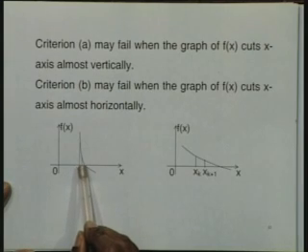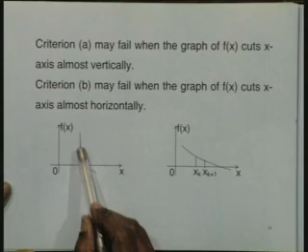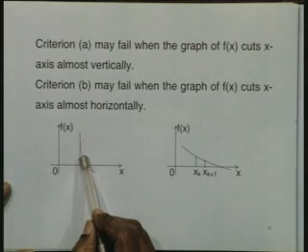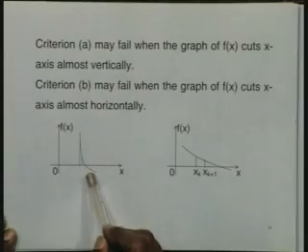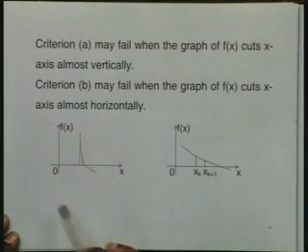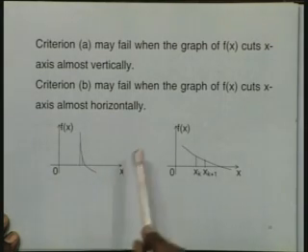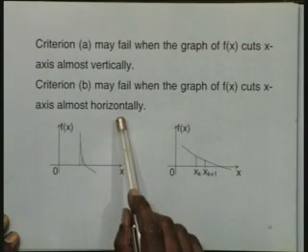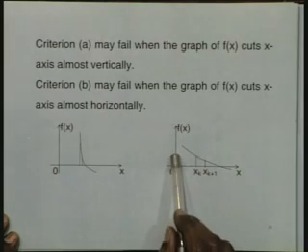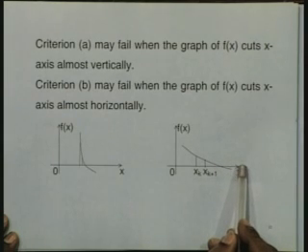Even though they are very close to each other, since the graph is almost vertical, f of xk or f of xk plus 1 will be very large. That means the equation f(x) equal to 0 has not been satisfied correctly, because the graph is almost vertical. In that case, the first condition, that xk plus 1 minus xk in magnitude is less than epsilon, would fail. Similarly, the second criteria would fail if the graph is cutting almost horizontally. So the graph is falling like this and then cutting the x axis.